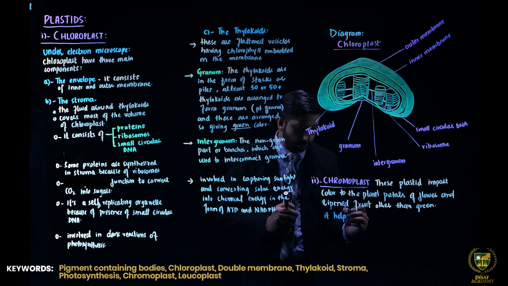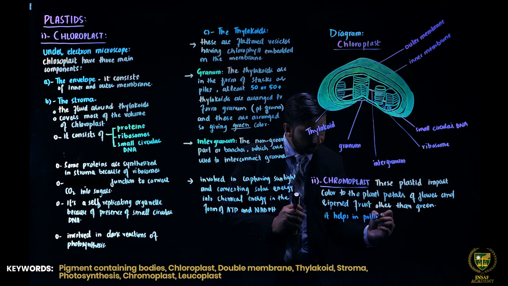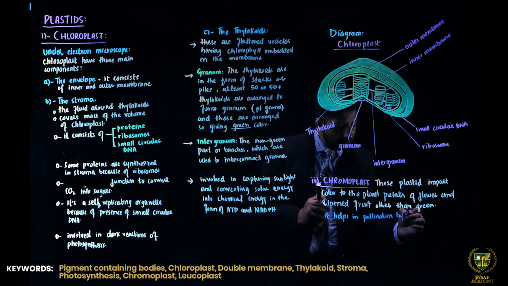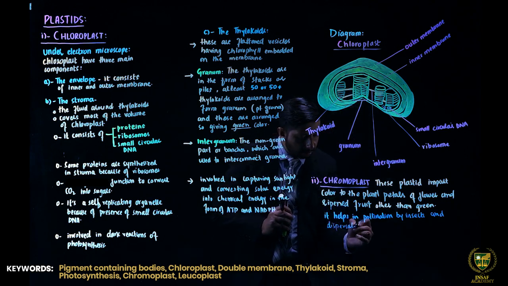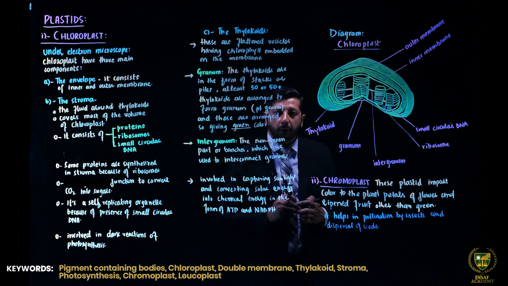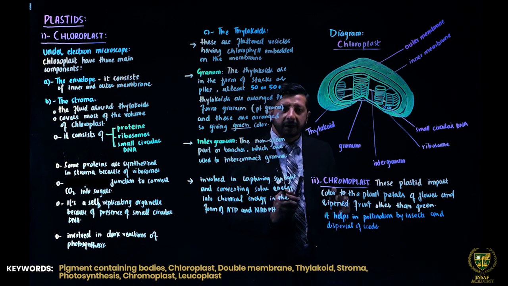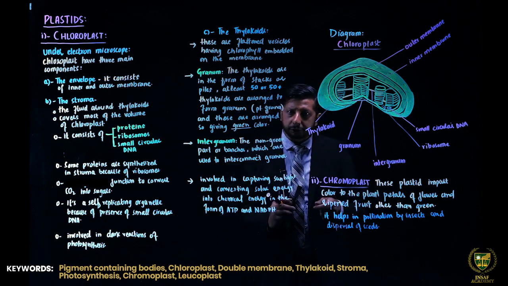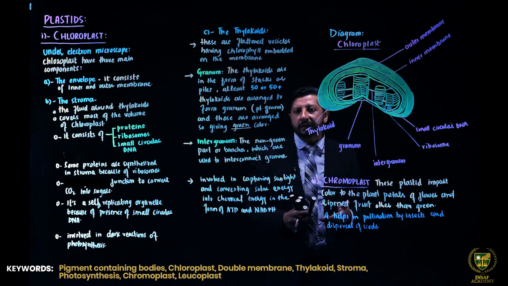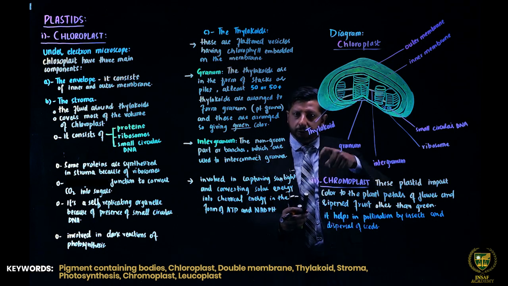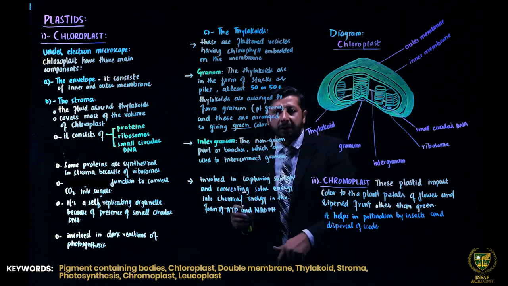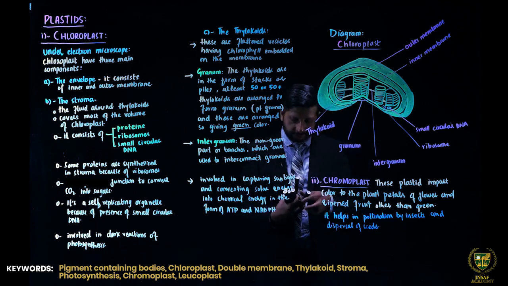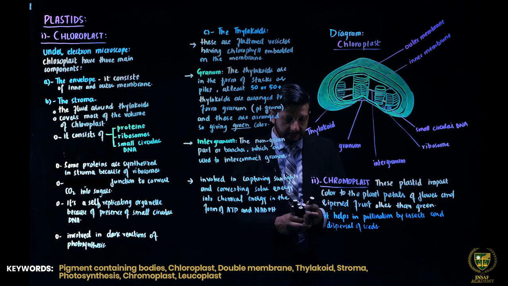it helps, means the chromoplast, in pollination by insects and dispersal of seeds. Clear? So pollination में भी help कर रहे होते हैं इस plants में। Pollen grain का जो stigma होता है female part का, उसके ऊपर उसको land करवाना। So due to their bright colors, ये bright color के होते हैं, तो इससे attract होकर आते हैं the insects. Clear? तो वो जब आकर वहाँ पर nectar चूसने के लिए आकर बैठते हैं, तो उनके legs के साथ उनके जो पर होते हैं, wings, उनके साथ attach हो जाते हैं। When they land on the other one, so some of them the pollens are dropped. And the third type is